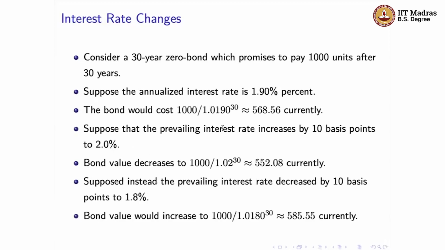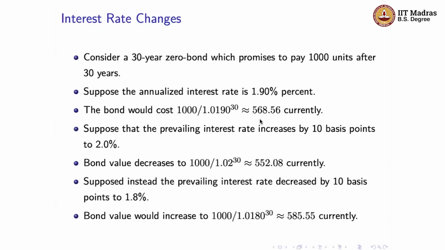So imagine that you have a 30-year zero bond, which promises to pay 1,000 units after 30 years. By zero bond, again, we mean that there are no interim coupon payments. And suppose that the annualized interest rate is 1.90%. Okay. So in this case, what would be the cost today of this bond? You can do the same calculation as we have been doing. You have 1,000 and you divide it by 1.019 to the power 30. And basically you can show that this is approximately equal to